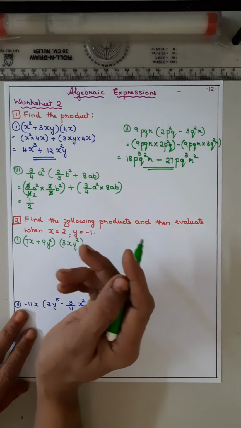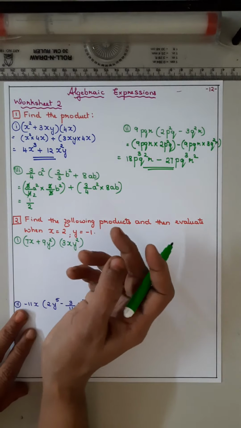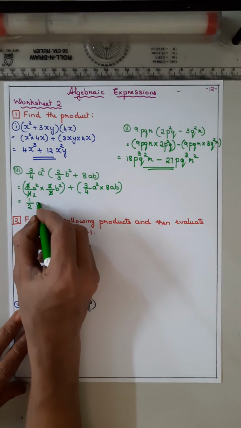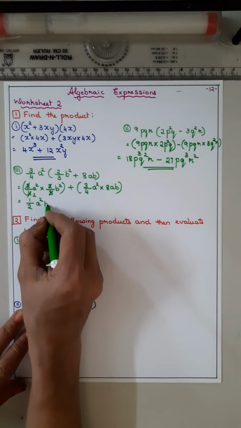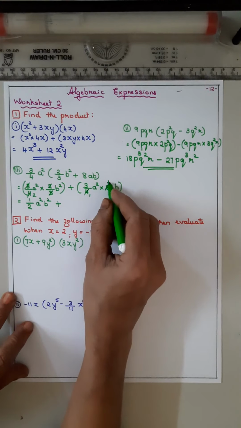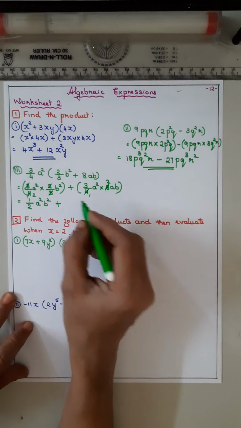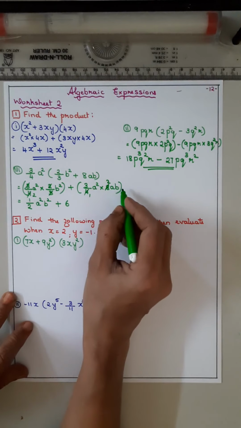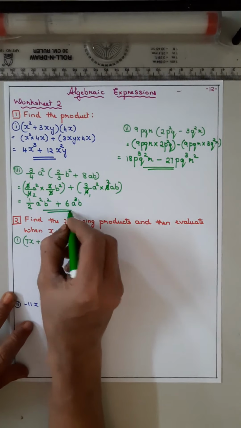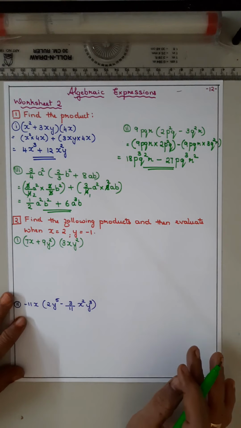Okay. So you have to go in an order. First the number, then the first alphabet, second alphabet, third alphabet, like that. So now it is a half. Next is a squared. Only one a squared is there. Here b squared. Plus, now here 4 ones are 4, 2s are 8. Now it is 3 2s are 6. Here a squared a means a cube and then it is b. Clear?